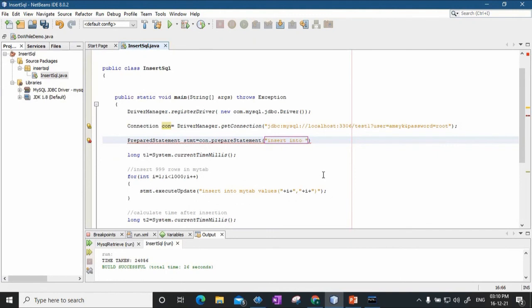Okay, now what we will do is we'll again write the query, but this time using prepared statement.